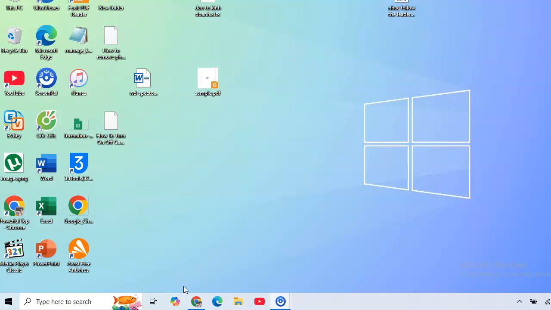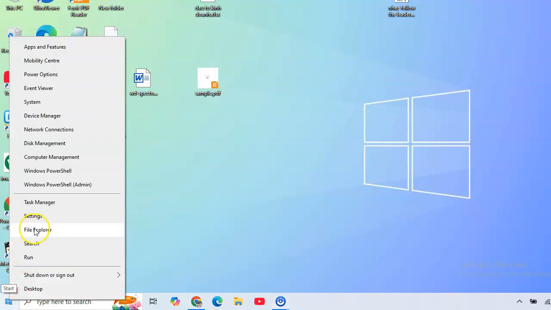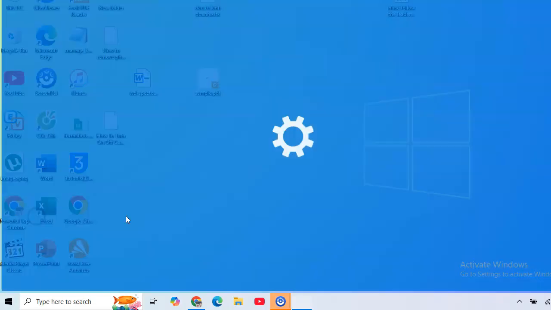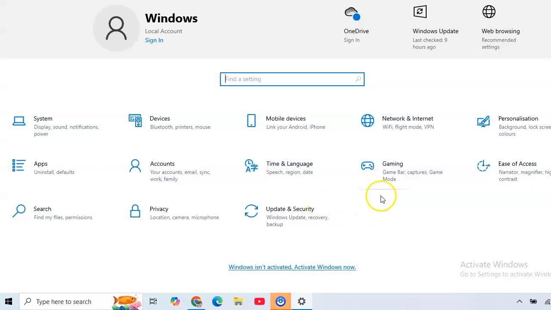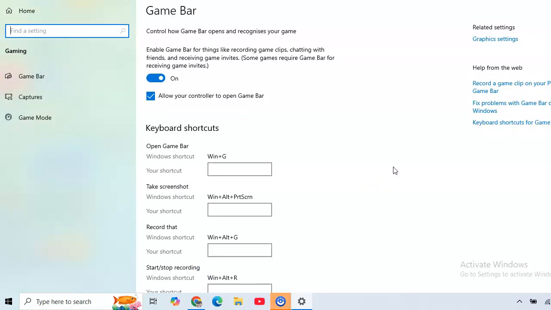Okay, how to change max recording length when gaming on Windows 10 and Windows 11. First, just go to the start icon and then right click. After that, click settings and then click on gaming. After that, captures,